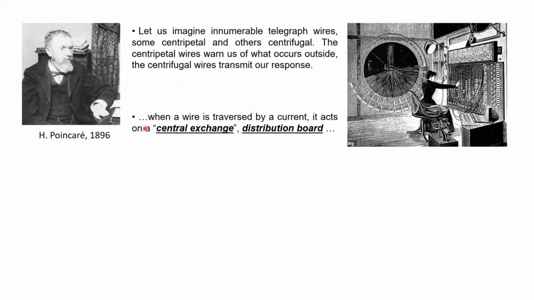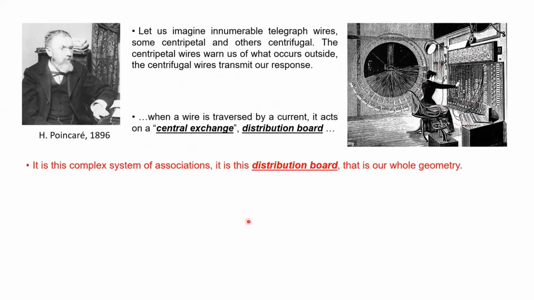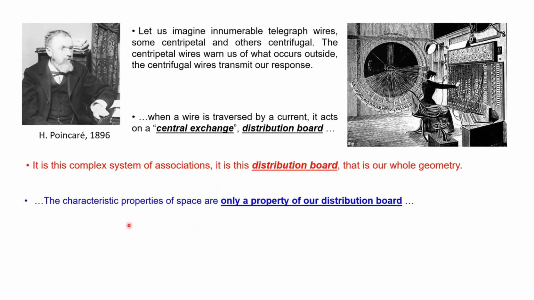And then he says that when a wire is traversed by a current, it acts on a central exchange, a distribution board. And he says that this complex system of association, this distribution board, is our whole geometry. That's his perspective on where geometry is coming from. So the characteristic properties of space are only properties of the distribution board. These are quotations from his book, I believe, Science and Method, if I'm not mistaken. And then he goes as far as saying that a different distribution board would be enough to endow space with a fourth dimension. So he literally thinks of geometry as